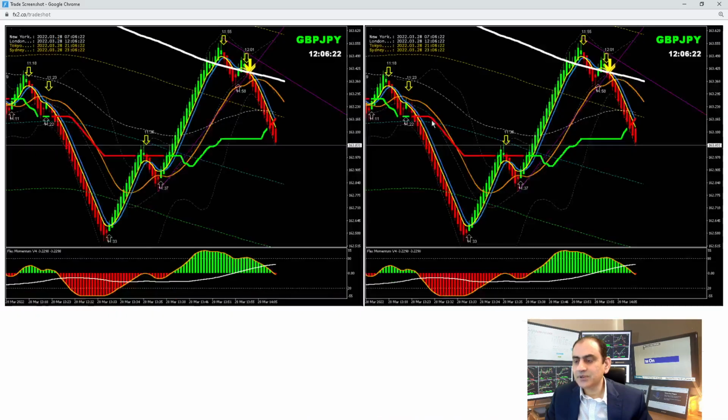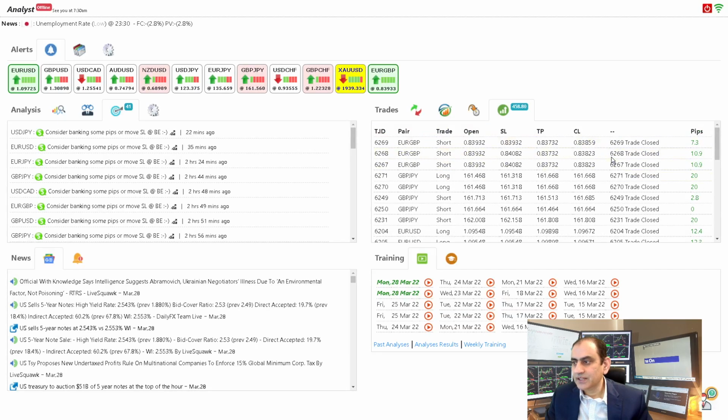You can see here this one again, based on the analysis. That's what I mentioned, based on the breakout. Beautiful trade, guys. You can see he keeps banking, 458 pips, not even one losing trade, guys. But that doesn't happen every day. It's all based on the market